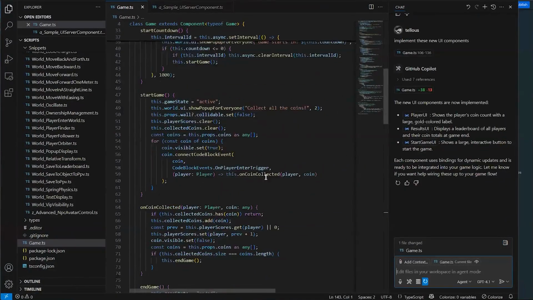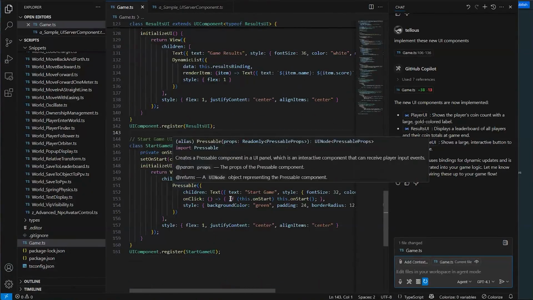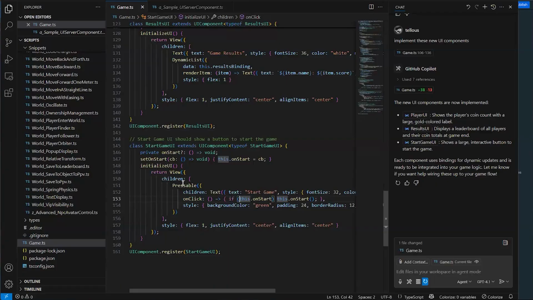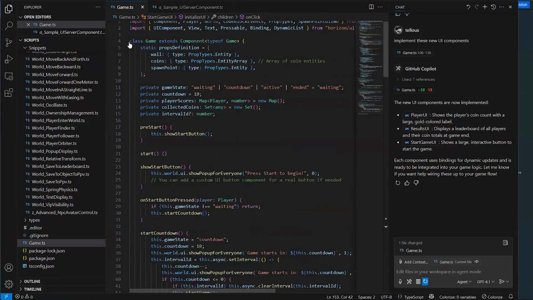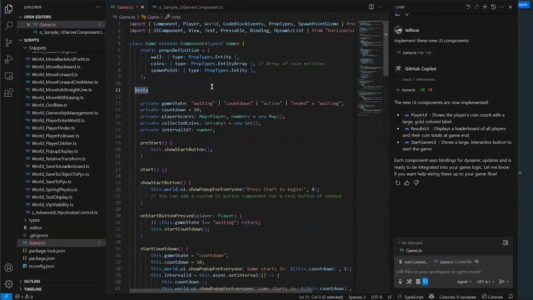So let's look at the start game button. Here we have a pressable with an on click that says this not on start. So we know that's just not going to work. Ideally, one way we could do it is using events. For the sake of this demo, I'm just going to use a static instance. How I'll set that up is, since these are all in the same file, I can just create a static instance field here